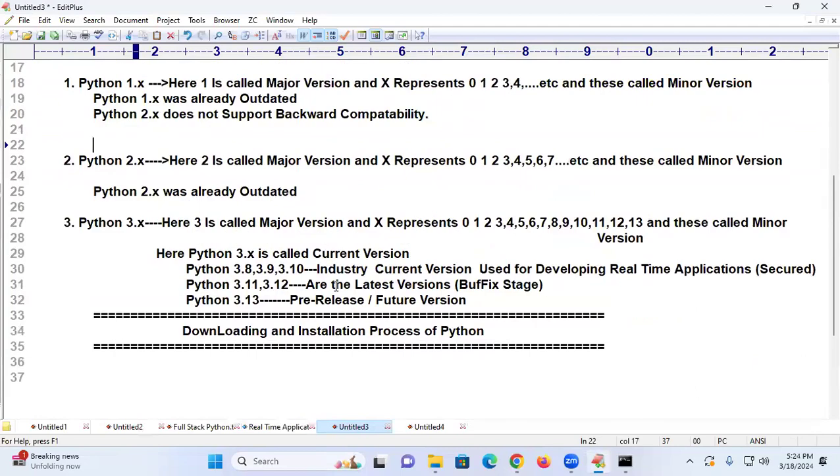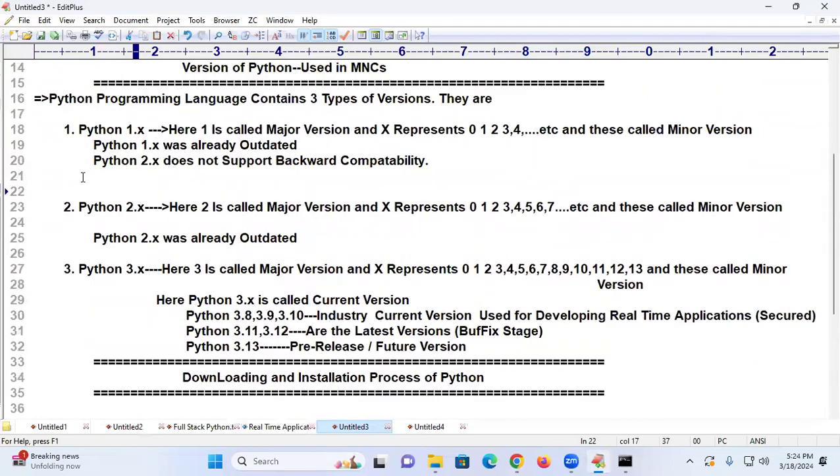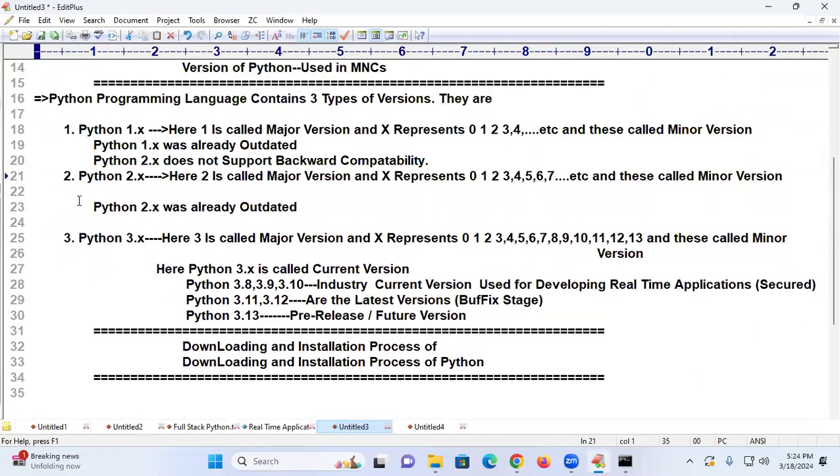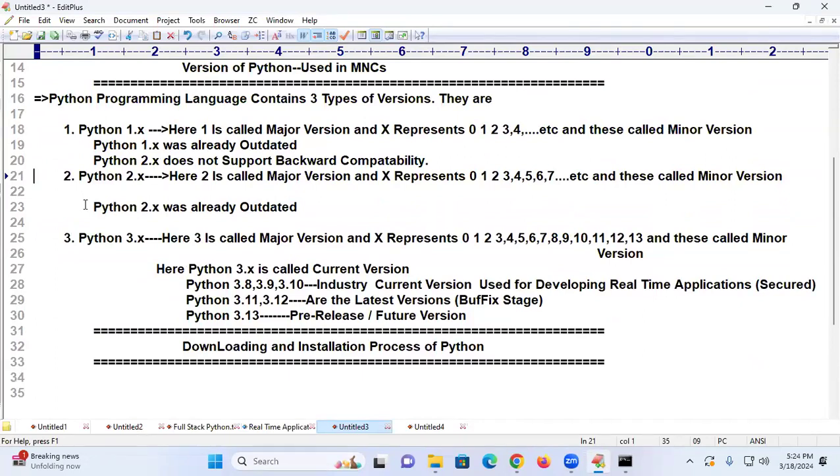Now I'm going to continue my sentence. Python 2.x does not support what? Backward compatibility. Once again, I'm saying the doubt is, if my project was already there in 1.x, and if the 2.x version is coming, how can I convert it? There is a concept called internationalization. Using that, at a single stretch, 1.x is converted into 2.x. There is no problem at all. Some interfaces we will develop and we will happily convert it.